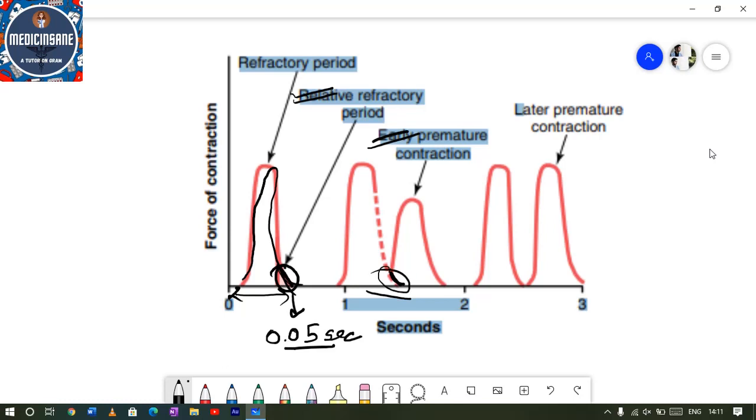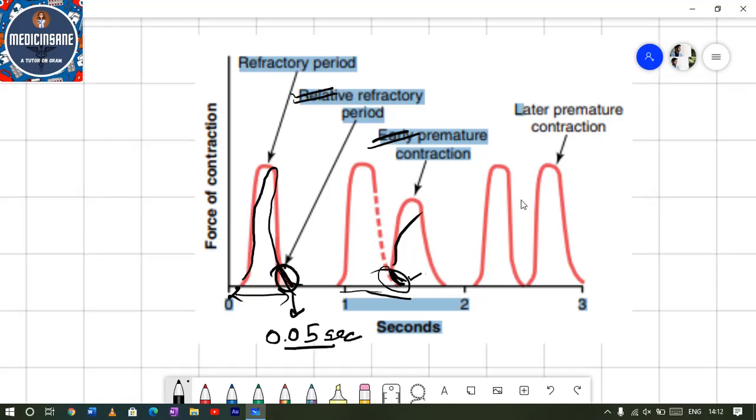In the absolute refractory period, you can never generate a second action potential, but in the relative refractory period, you can definitely generate one, but it requires a much greater force. And that is what leads to an early premature contraction. In this 0.05 seconds, there has been an action potential which is generated. Right. So after talking about this,